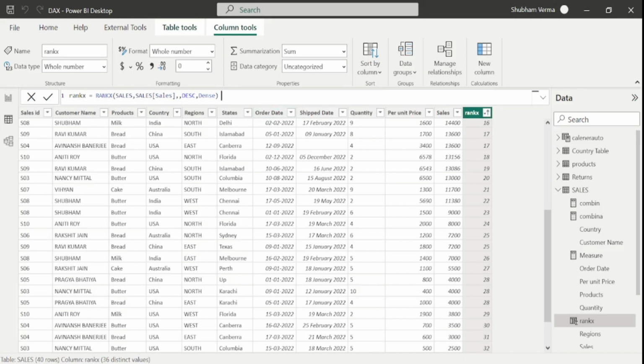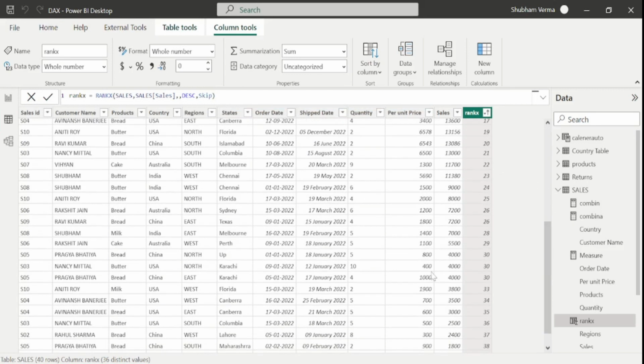And now let me convert into skip, and close the bracket and hit enter. And now let's check the same record. So here we can see guys, after 29 they provide the 30th ranking of the 4000 record, and again we can